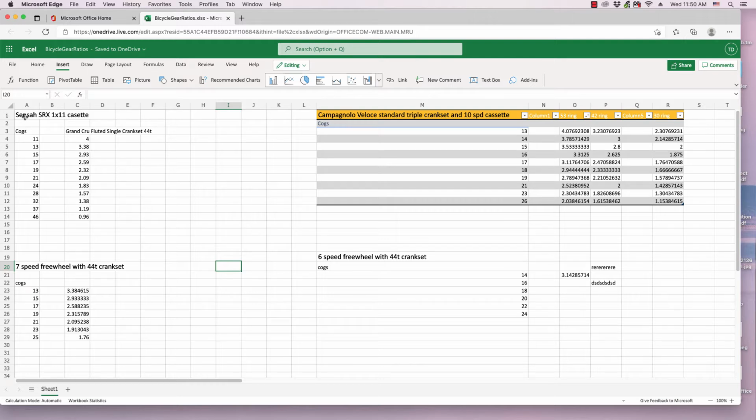So the first thing you want to do is click the desired cell. I'm going to go for this Cinsa SRX 1x11 cassette, and I want to go with the A1 cell, so the text shows in the formula bar. And then there are three ways to